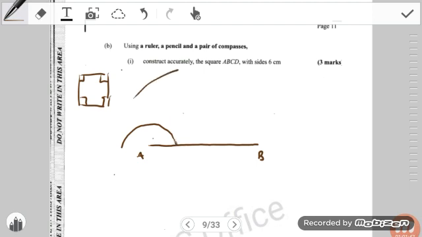Place your compass point here and, with the same extended radius, scribe another arc. When you scribe that arc, the intersection of the arcs will be directly over this point. So you use your ruler and you draw a line